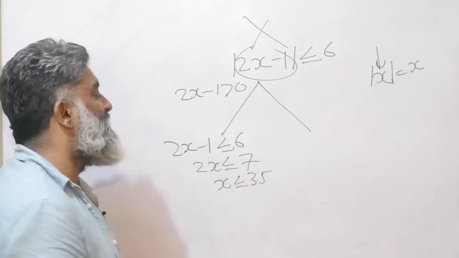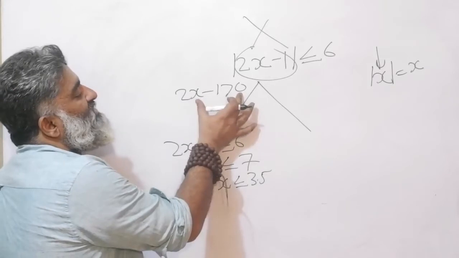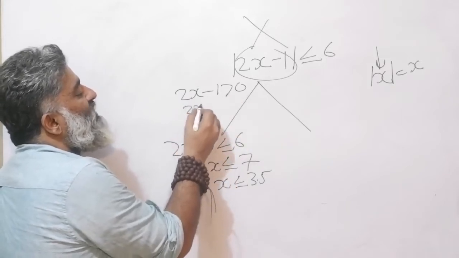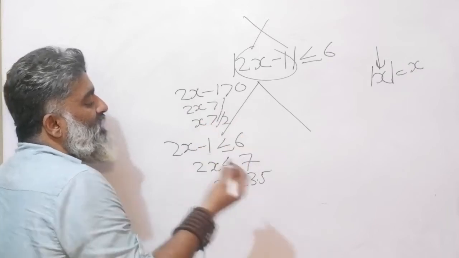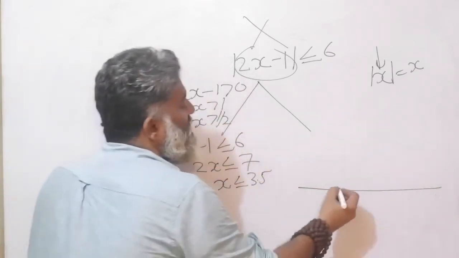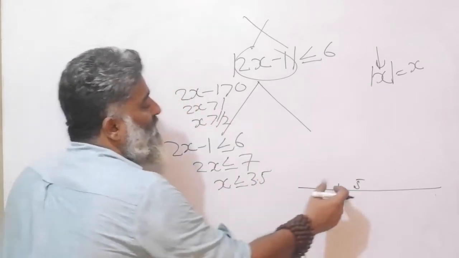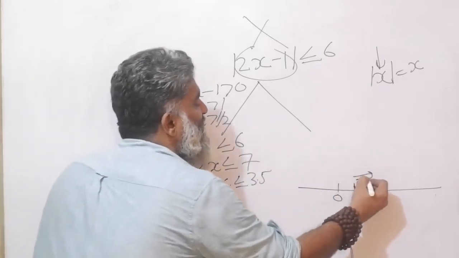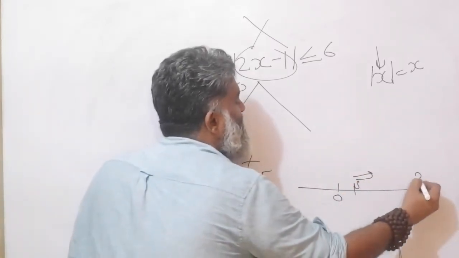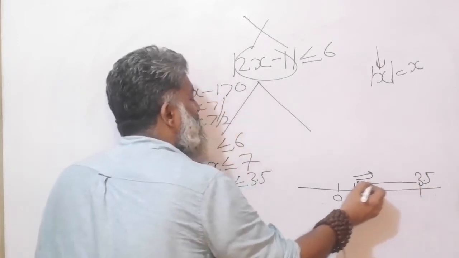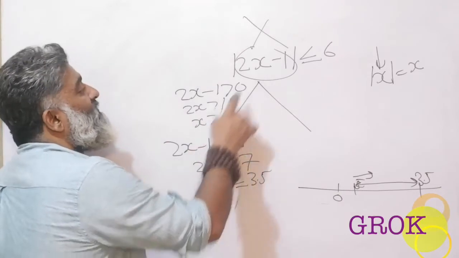Again, quick inequality revision. So x is, and let me work this out as well, 2x minus 1 is greater than 0. That means 2x is greater than 1, and that means x is greater than half. Capture it on your number line somewhere. This is 0, this is 0.5, half is 0.5. So you are greater than 0.5, that means on the right of 0.5, but you are less than or equal to 3.5. So put 3.5 somewhere in the story. So this is the range which will make you happy. Will half also make me happy?